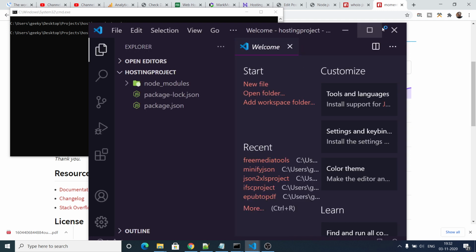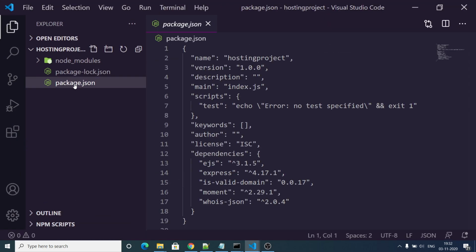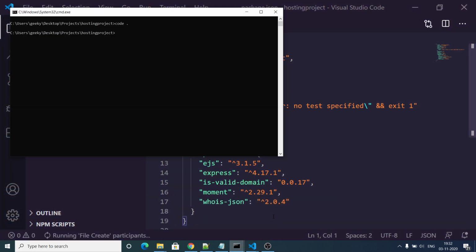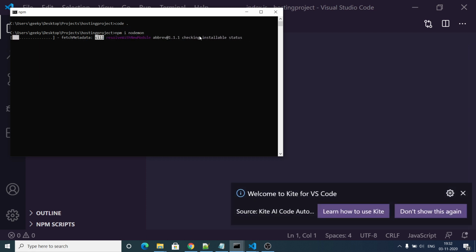First of all, as you open the project, you will see a package.json file will be created automatically for you. This will contain the basic information about the project, which is name, version, description. And now we simply need to create our index.js file. One more dependency you can install, guys, is nodemon, which will automatically restart the application for you whenever you make any sort of changes. So you need not manually restart the application by typing node index.js again and again. This is a very handy dependency, so install nodemon.